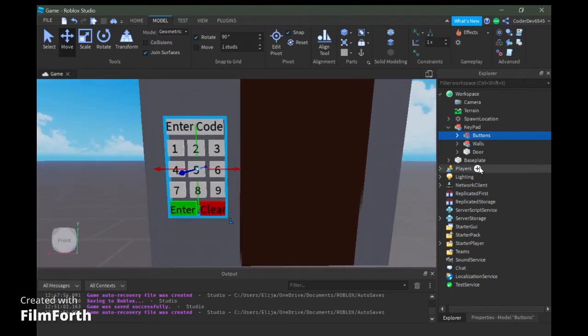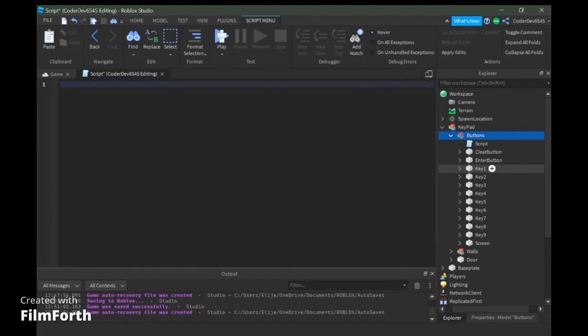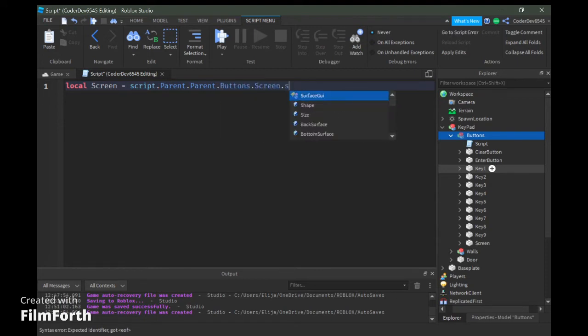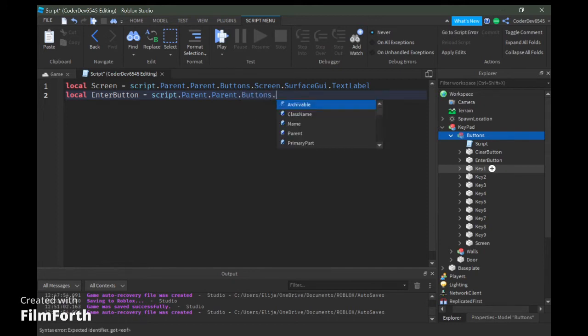Alright, so now I'm going to start coding it so that all the code works. Go ahead and insert a script, and then type in local screen equals script.parent.buttons.screen.SurfaceGui.TextLabel. Next, type in local enterButton equals script.parent.buttons.enterButton. And then for the clear button, just type in local clearButton equals